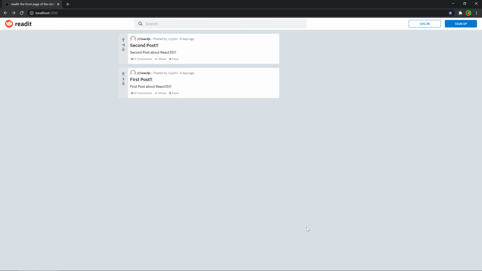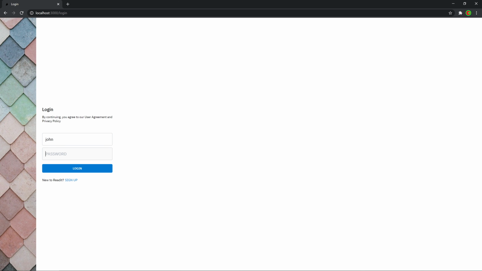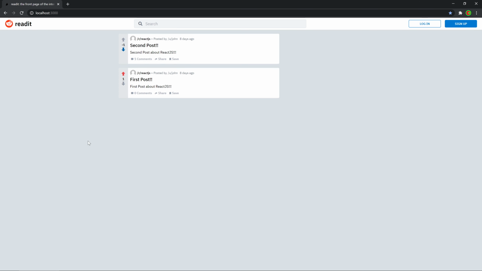Hello class, welcome back. I'm sure you've noticed that when we go to the login page and we log in, so let me say John 1 2 3 4 5 6, we indeed log in, and the proof is that we see the post that we upvoted and downvoted, but our navbar doesn't change and it still says login and sign up, of course. So the way we can fix this is we can set up a global context, which